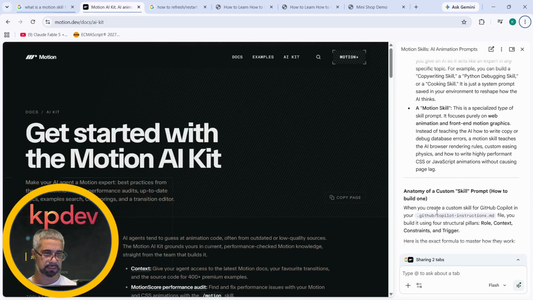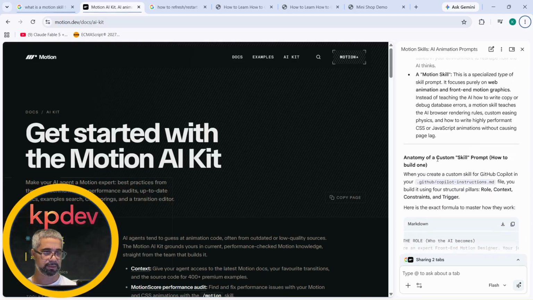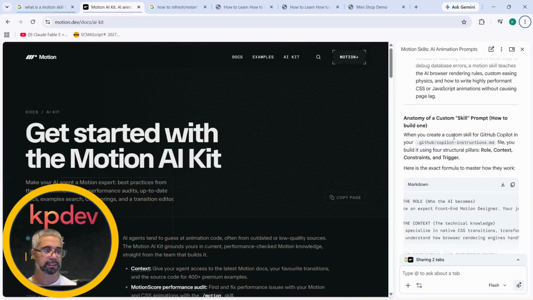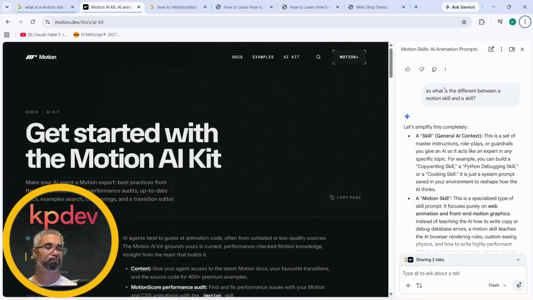So again, now we're here. Anatomy of a custom skill prompt, how to build one, right? When you create a custom skill for GitHub Copilot, but before, remember, this is where I got lost. I was about to create one, but it already did one here. So let's just keep it moving. Let's just keep reading here. When you create a custom skill for GitHub Copilot,